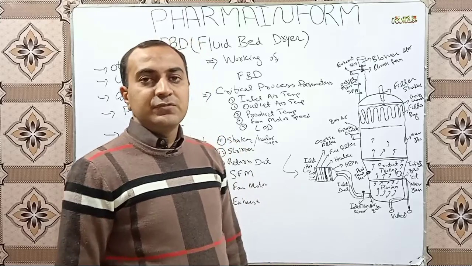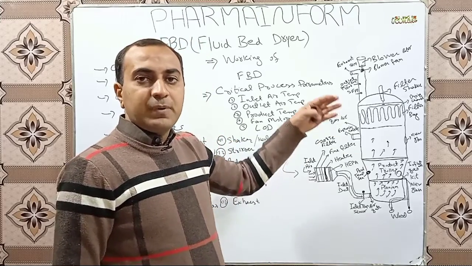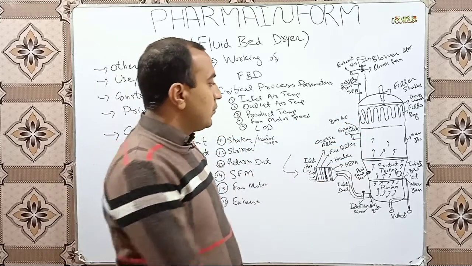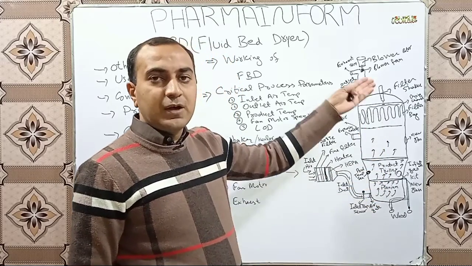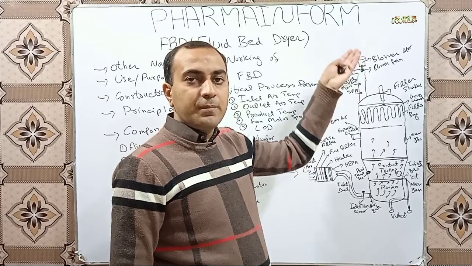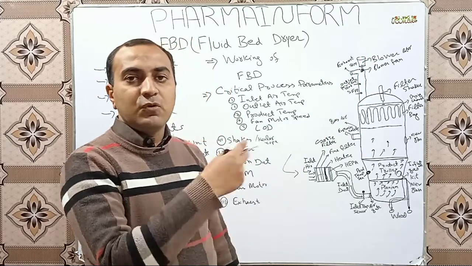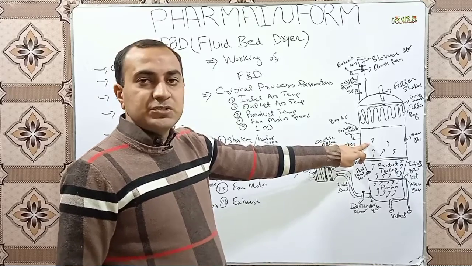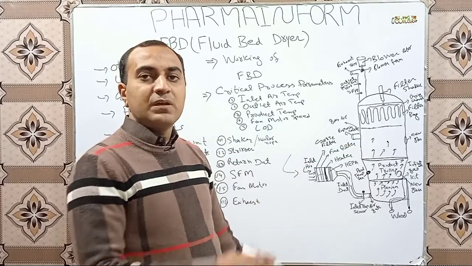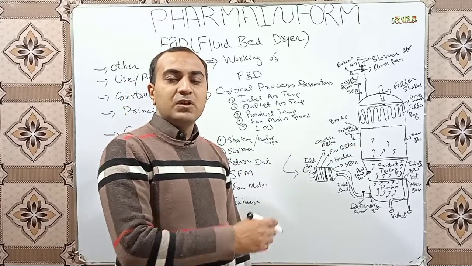These filters do not allow the passage of granules. Due to this fluidization process, our particles go up, come down, again go up, come down. This cyclic process goes on until we have achieved the specified loss on drying value which is mentioned